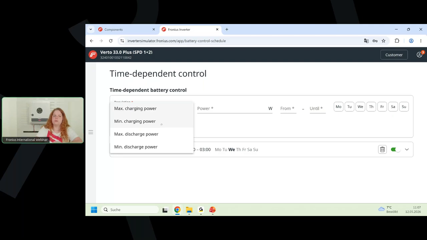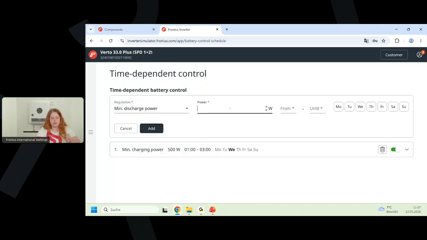Maybe if you know that feeding in is really good at the moment, then you put in a discharge that you want to happen, maybe 500 watt from